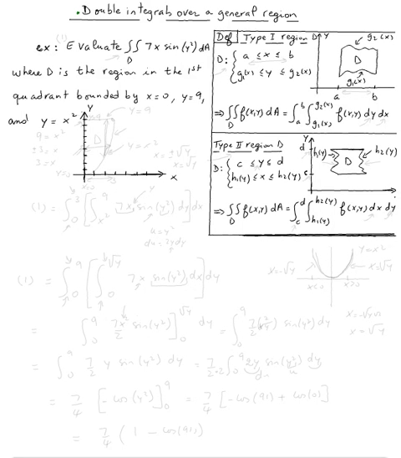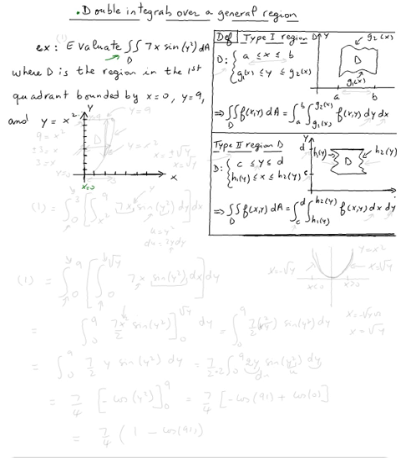The topic is double integrals over general region. So let's do this example. Evaluate the double integral over the region D of 7x sine of y squared dA, where D is the region in the first quadrant bounded by x equals 0, right here, y equals 9,